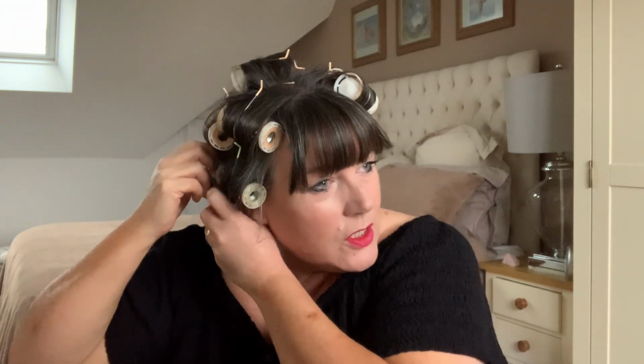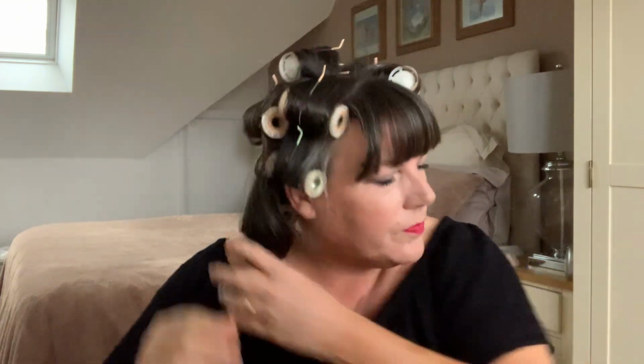Right, okay, I'm back after a short while of leaving the curlers in. Ideally, like I said earlier, I'd leave them in for longer, but I need to go out, so I'm going to take them out. So again, I'll just take them out from the bottom. Okay, now